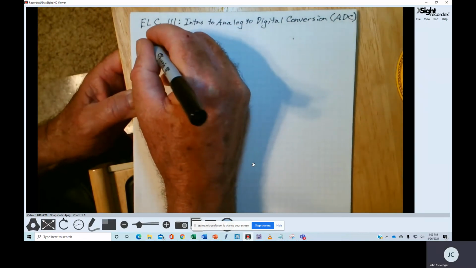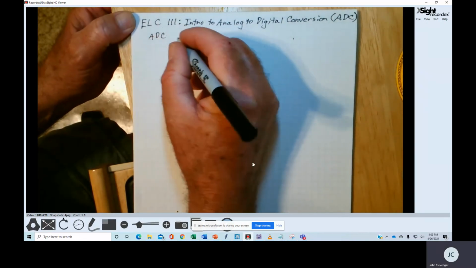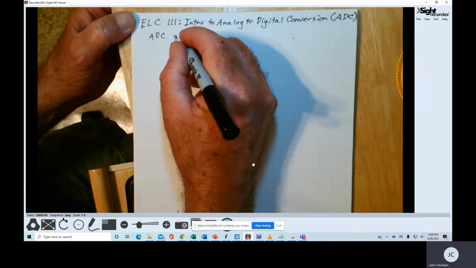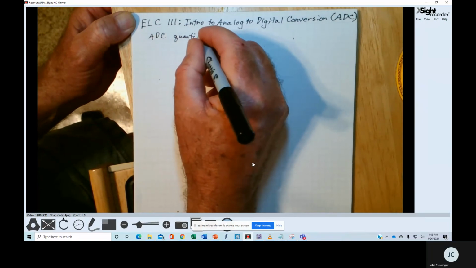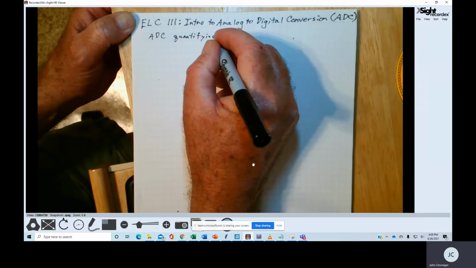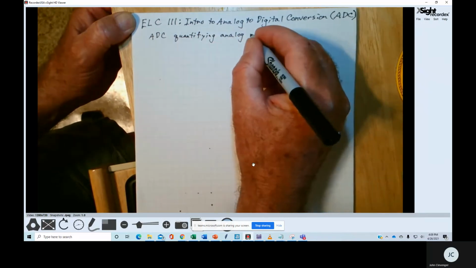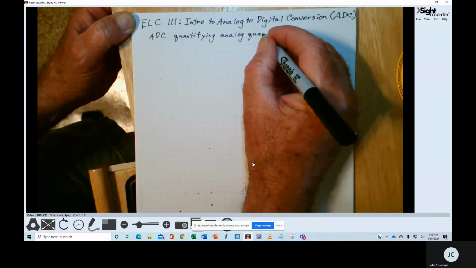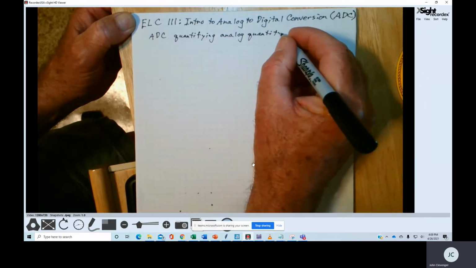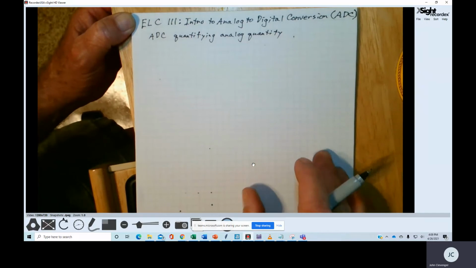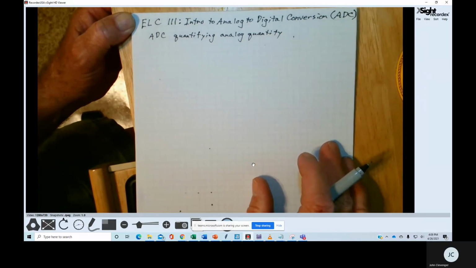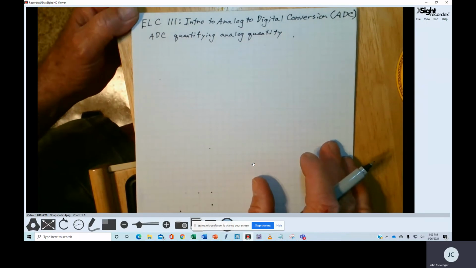Now, ADC is simply a means of quantifying some analog quantity. And as we continue on here, we'll see that with the ADC for our discussion, our purposes, our ADC means